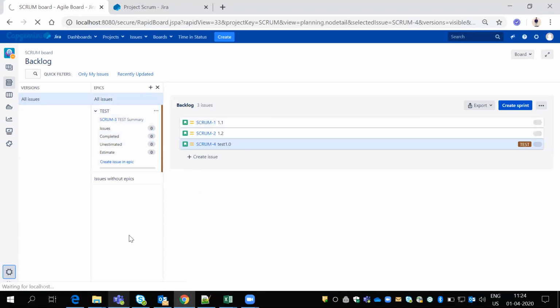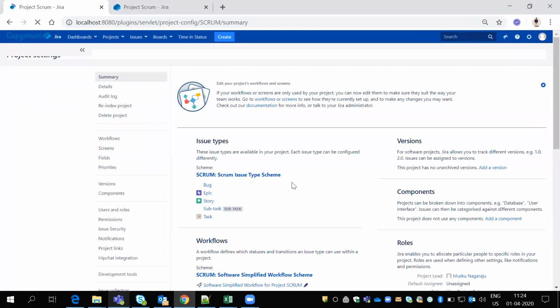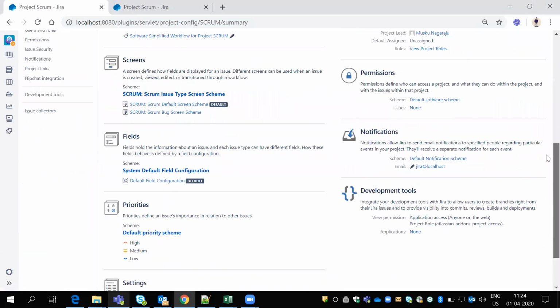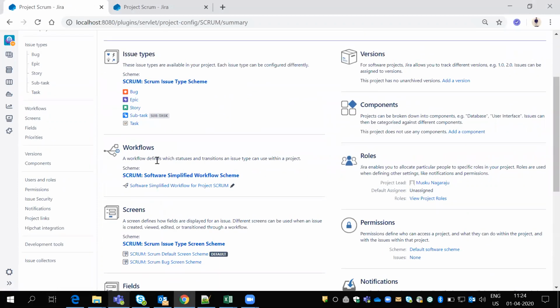So if I change any projects as well, so here project configuration, if I see the sub project configuration, so this is all default field configuration. I'll select this Scrum.